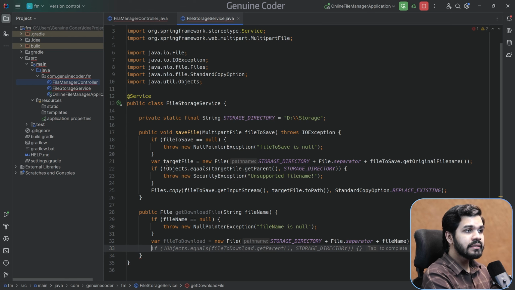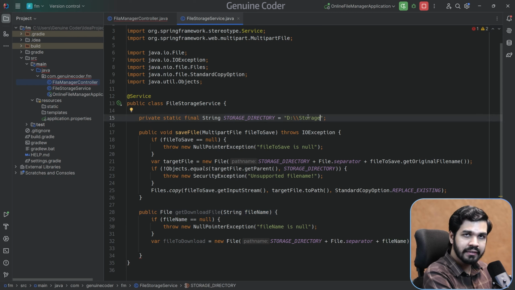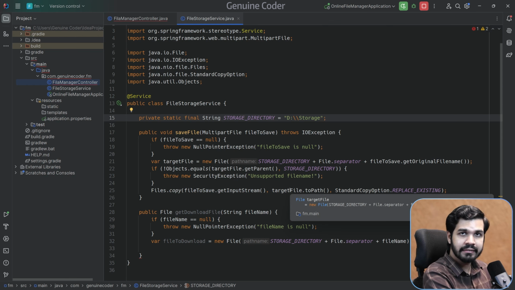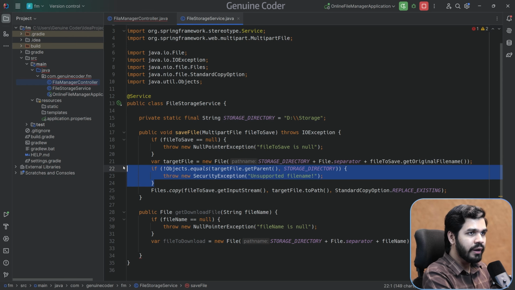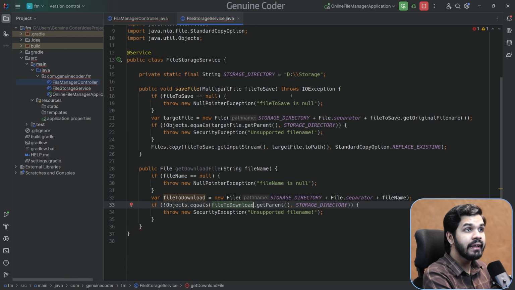Now we need to do this security check. This is also important because just like upload, hackers can compromise your system by giving an invalid file name as path. Using some special file names, they will be able to access other directories within the storage directory or within the D drive itself. So it is mandatory that you do the security check. I'll just copy this one and put it here. So objects not equals, if the parent of the target file is not the storage directory, we throw the security